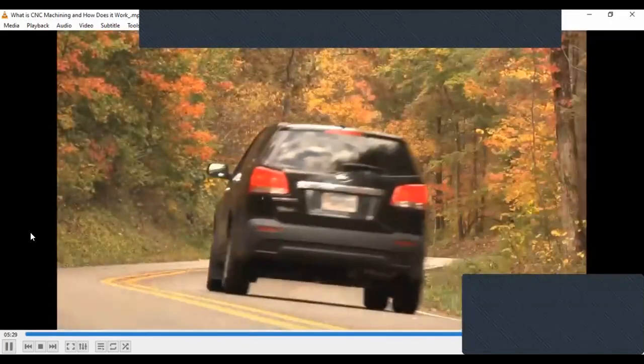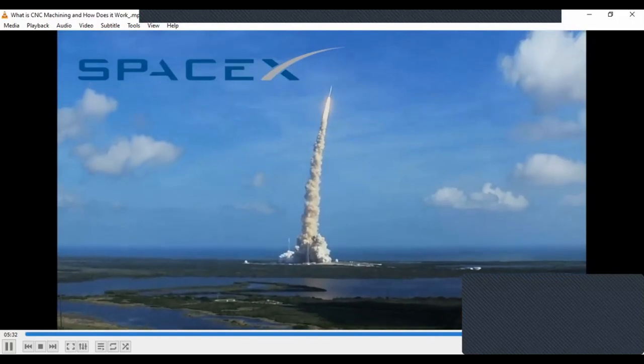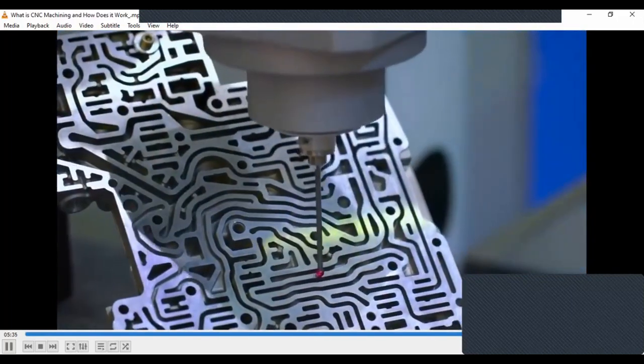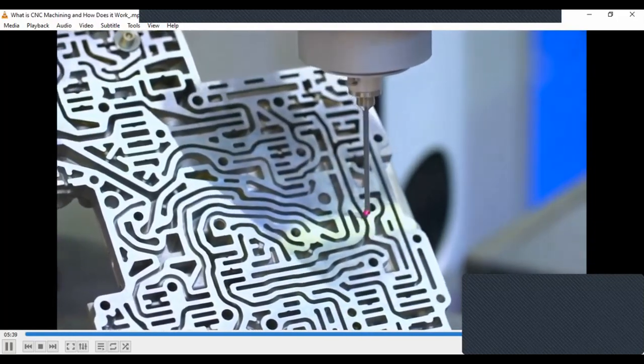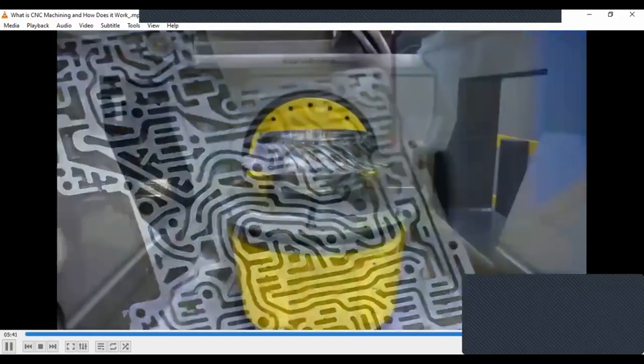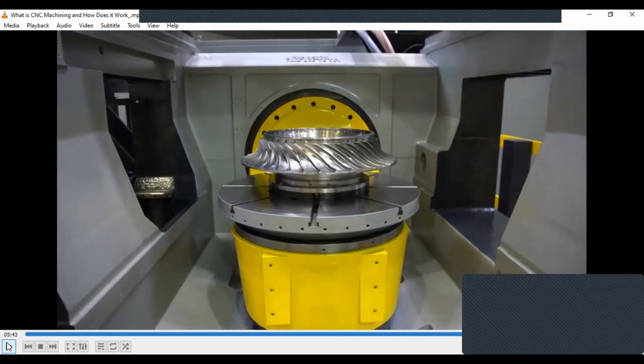CNC machined parts are all around you. They hold together your car and perform vital functions aboard SpaceX rockets. CNC machining is arguably the only way to produce high-precision metal parts for engineering designs across the world. If you're interested in learning more about CNC,